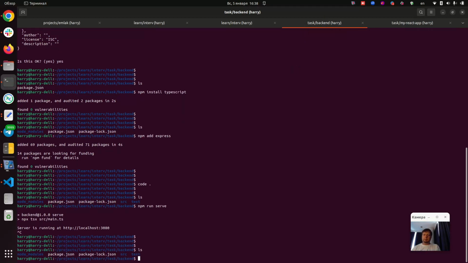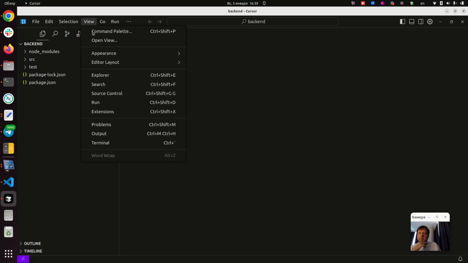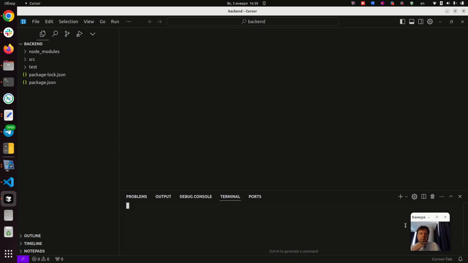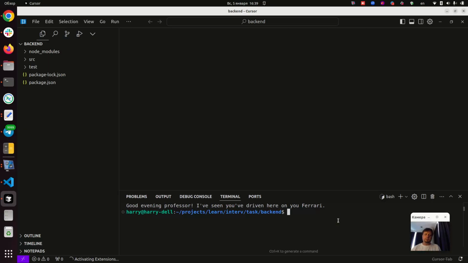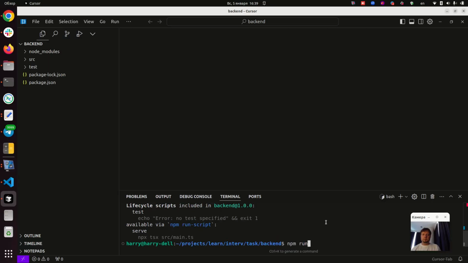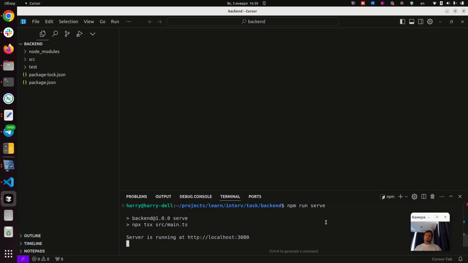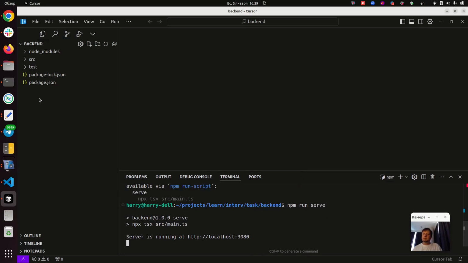Here is the backend folder. I think we're gonna run it in the editor also, so we can switch between backend and frontend easily and reference it. Okay, npm run start here. Run serve. What do you want from me? How do you call it? Serve. Right, the backend is running here,